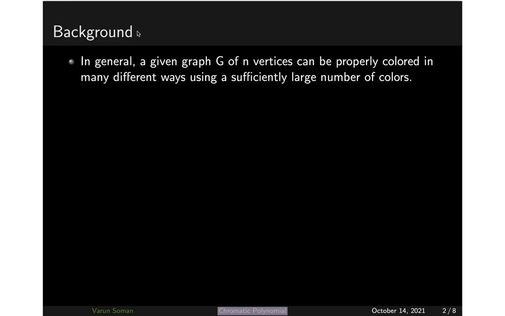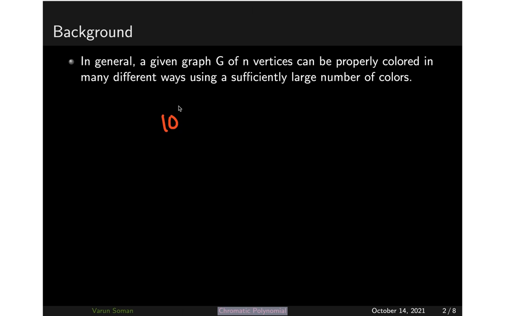Already you know that there are many ways to color a graph. Suppose we have been given a graph and you are given 10 colors. You can color the graph maybe using 10 colors, maybe using 9 colors, 8 colors and so on. So there can be many ways of coloring a particular graph using a given number of colors, and this value will vary according to the number of colors available. If you are using 10 colors, the number of ways would be different. If you are using 9 colors, the number of ways would be different.